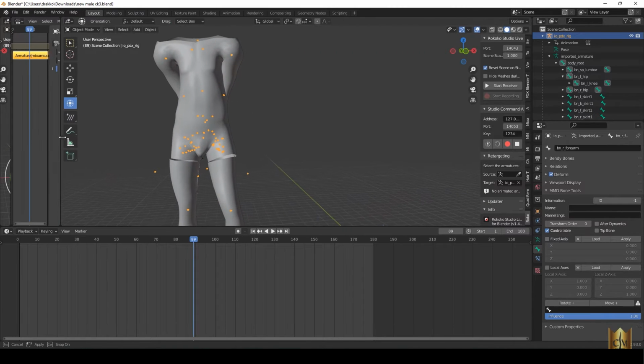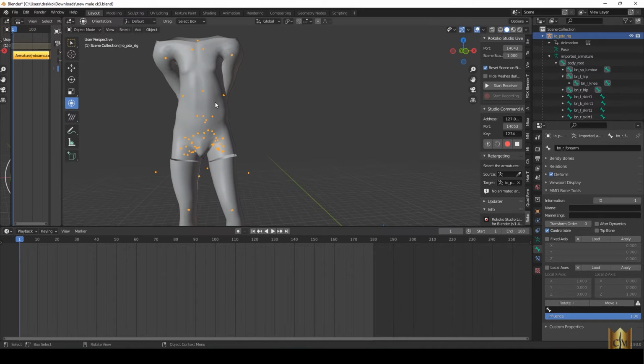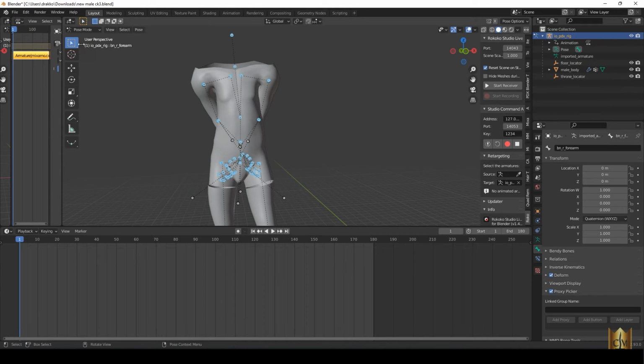And since now I'm selected on the top layer, I'm going to go back to my frame 1. Whenever you make a change, make sure to always insert a keyframe into frame 1. That gives you a point of reference to go back to and then end with, so that your first frame ends where your last frame is, and you don't have a weird loop where the bone starts at a different location once the animation loops. Your first and last frame should always be the exact same position. So go into pose mode,